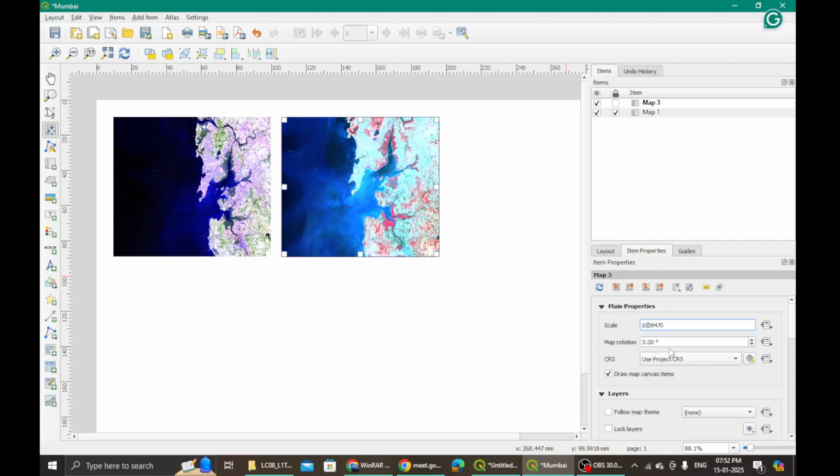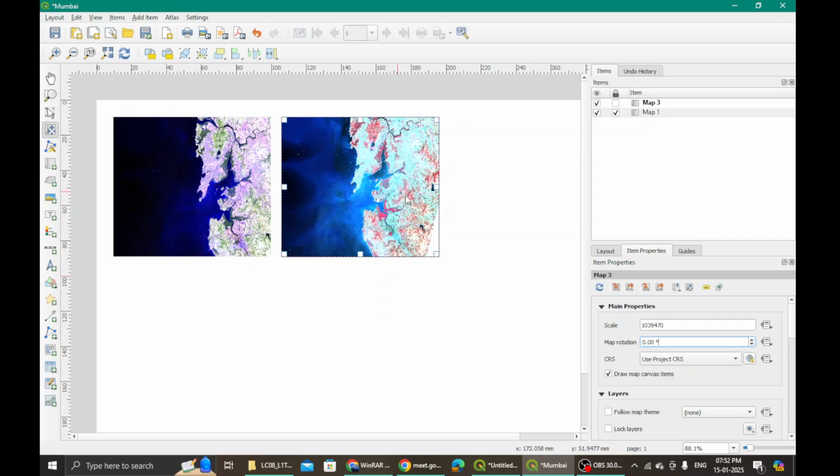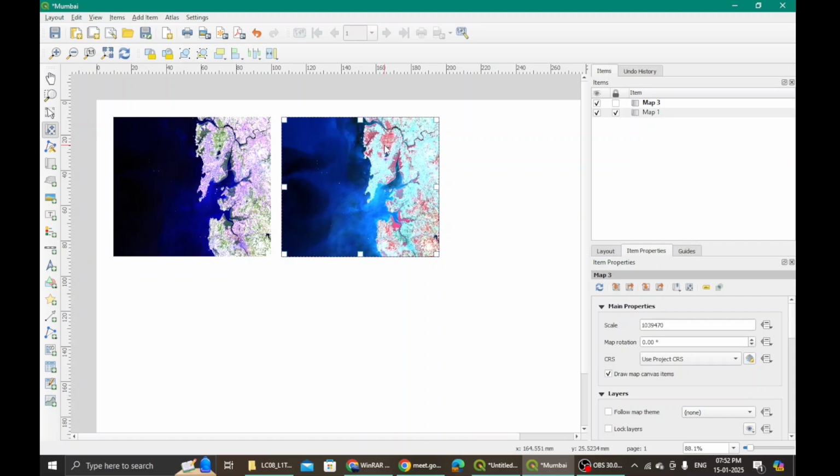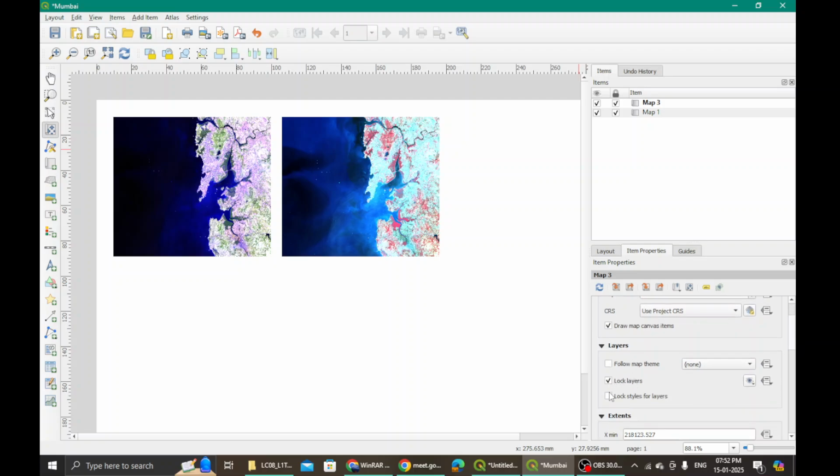103. Okay, I just make it like this such that it gets applied, and then I take this and move my map such that it becomes identical with that of the other map. It's become identical, and now I will just lock it here. This time I'm not taking any chances, and I'm just locking the layer. Locking the styles also. So map 3, earlier it was map 2, that map 2 I have deleted, so this is also changed, right? This is how it is seen.